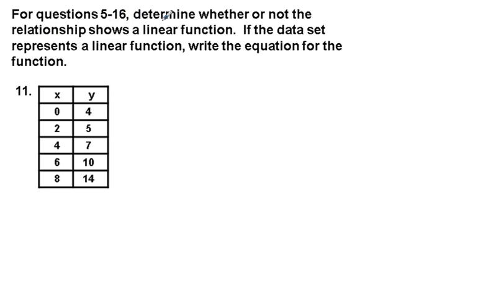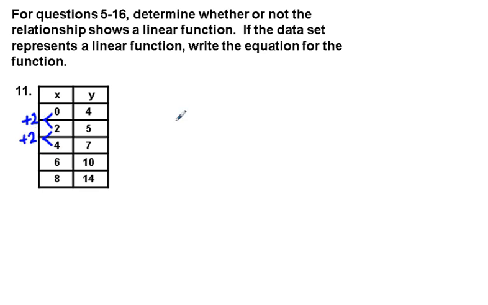For questions 5 through 16, determine whether or not the relationship shows a linear function. If the data set represents a linear function, write the equation for the function. And on the left, we see that we have advancing input values of 2 at each turn. So we're going up by 2 every time